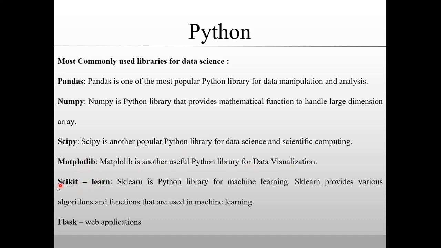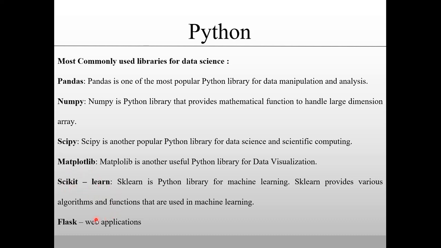Moving on to the next library, which is the Scikit-learn library. It is mainly used for performing machine learning operations. You can find a lot of inbuilt functions for any kind of machine learning algorithm. Whatever machine learning algorithms you are using, let it be linear regression, logistic regression, k-means clustering, whatever you are using, you can make use of this scikit-learn library, right?